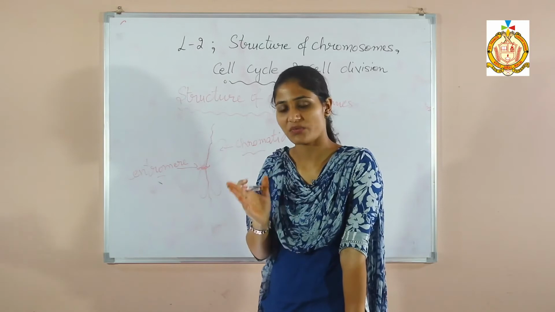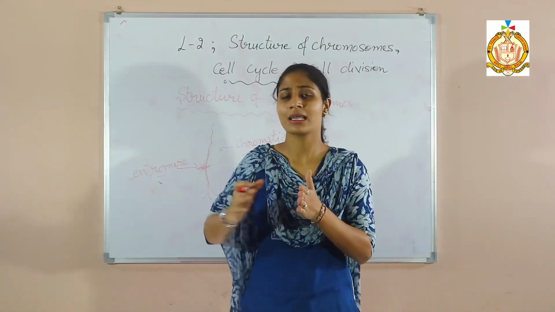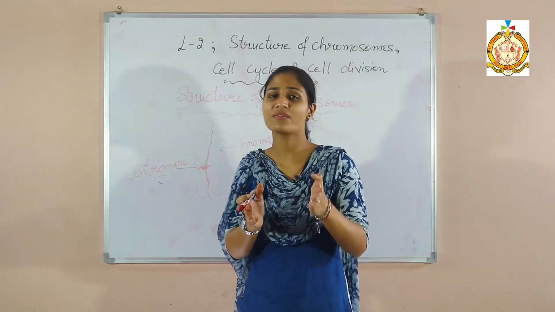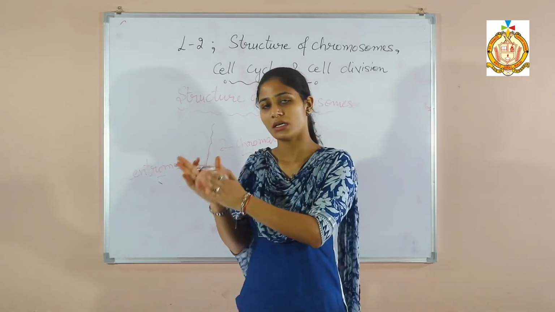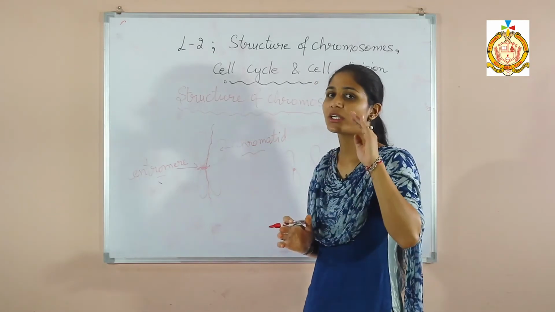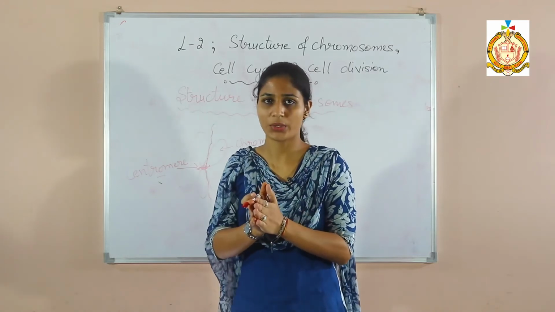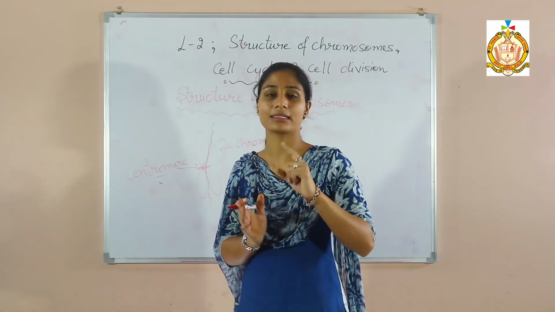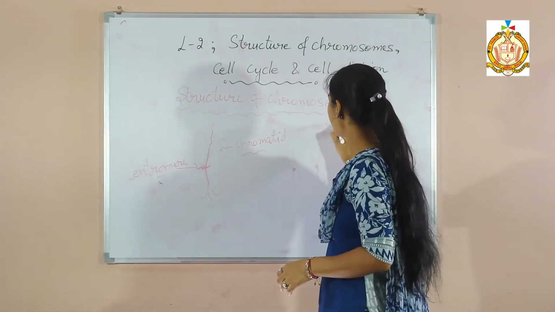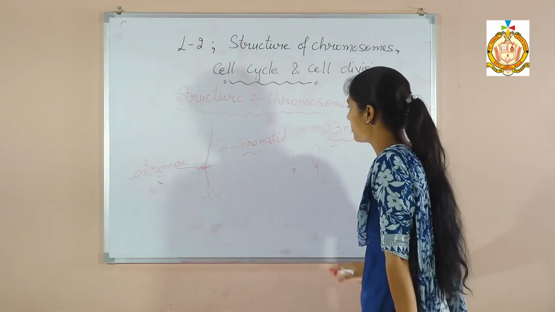Because in the division, if we talk about the meiosis process, means the reproduction process, these chromosomes are going from the parent to the offspring. Half the number of chromosomes go from each parent. I will tell you how. In a single human being, there are 46 chromosomes present. 46 means 23 pairs. In a single sex cell, 23 chromosomes are present, and we write it as 23N. Total 46 chromosomes are present in the body.